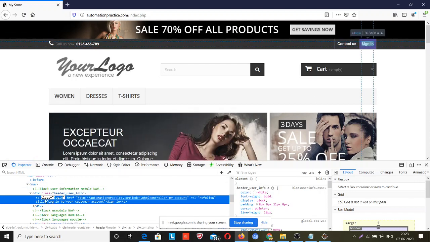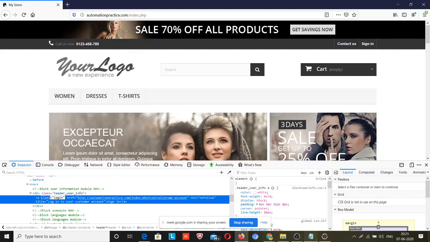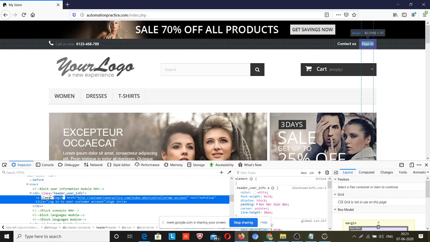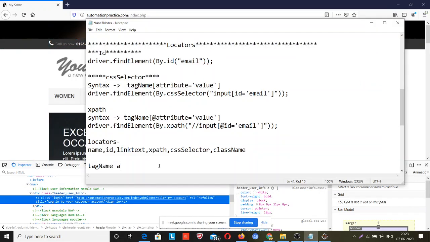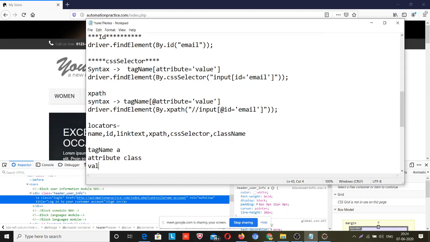And this anchor element has a tag name. What is that tag name? Tag name is A. What is the attribute? Attribute is class. Value is login.